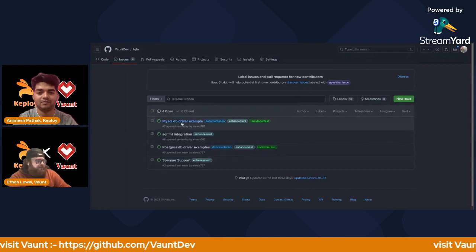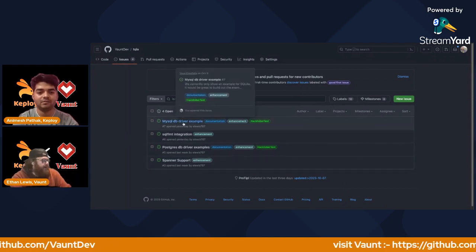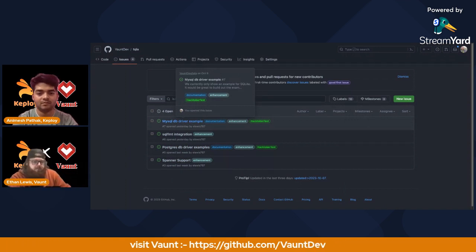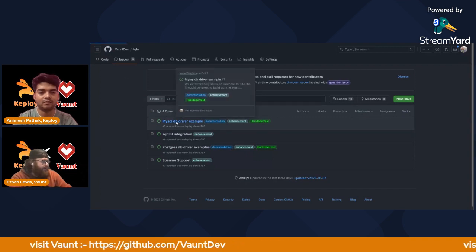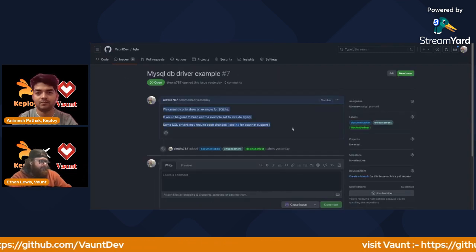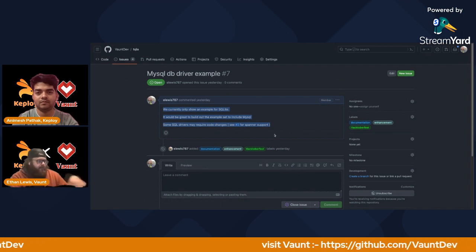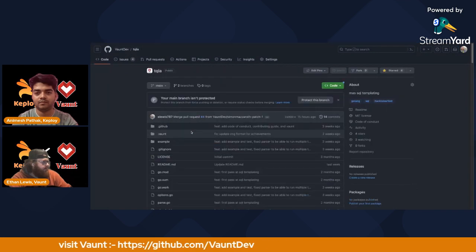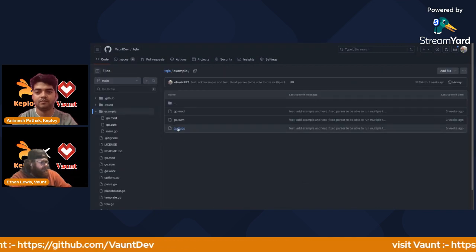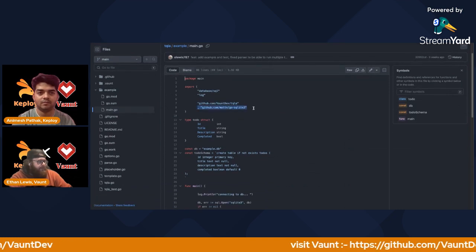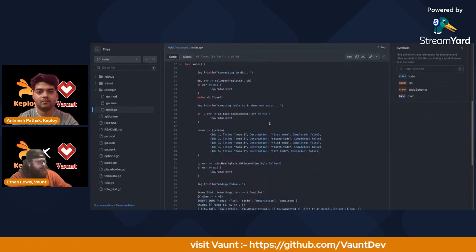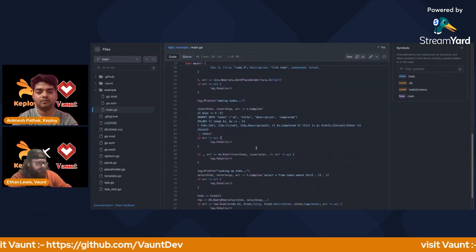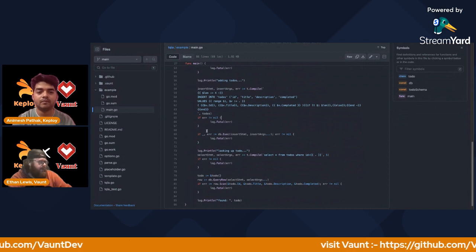For the most part, we're in pretty early enhancement mode. But one of the best ways to help this project grow is by adding to our examples themselves. So we have a number of little driver examples here where you can implement a little test file. I can show what that looks like in the main repository, where we just have some samples. In this case, we have a SQLite connection, and we have a number of samples in code that show how Tequila can be leveraged to write more dynamic queries.